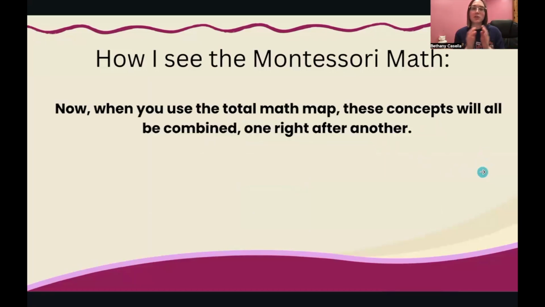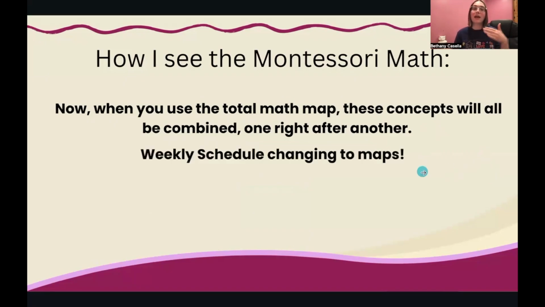How I started doing that is, again, all the maps have the different sections, but you could also get the total maps where they go in that order. So the kids have a balanced plate of what they're learning. So they're not just all doing numeration all the time or just not doing geometry all the time. But how I used to do it is I used to have a weekly schedule and say, okay, numeration was on Monday. And honestly, there's nothing wrong with that either.